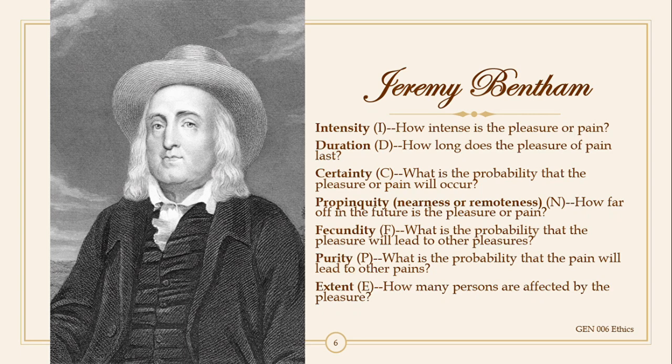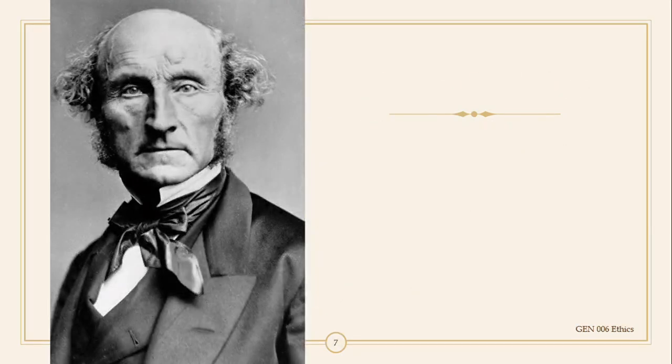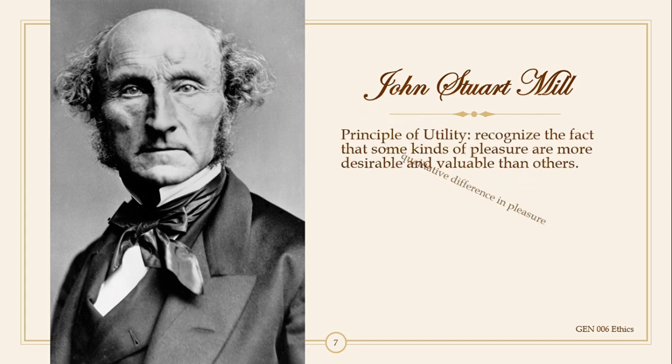So we will judge a certain person's action based on if this action produced happiness to a lot of people, or does this action produce pain to a lot of people. So if it's causing pain for a lot of people, then that's an immoral action. If an action is producing a lot of happiness towards a lot of people, then that action is considered morally good. Okay? Now for John Stuart Mill, Mill defines